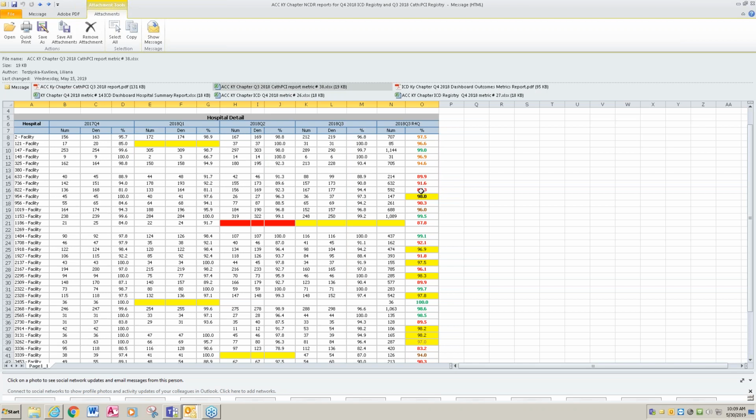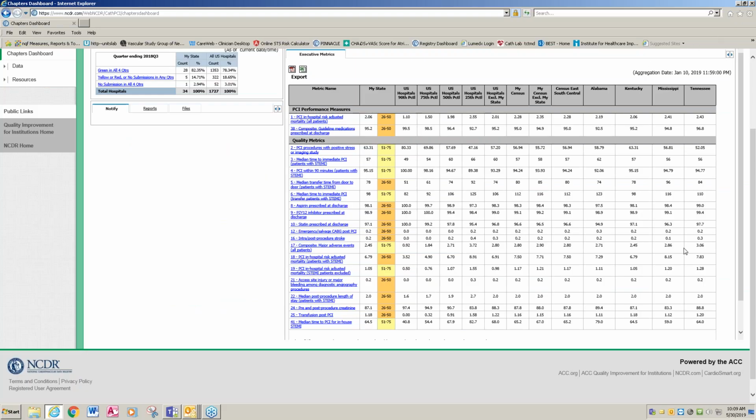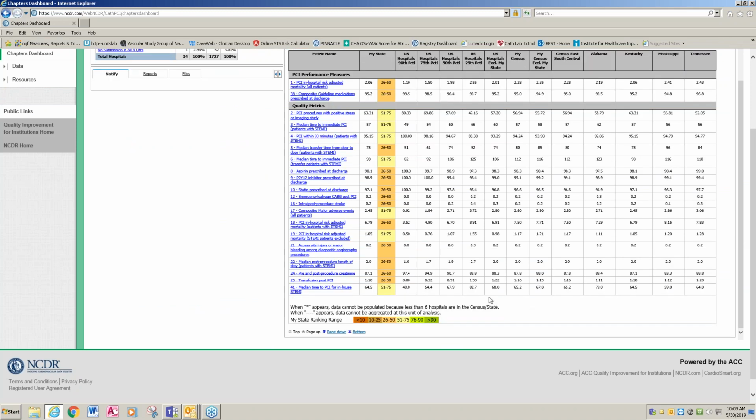And we can see that a particular hospital has consistent results. If you look at your data for each quarter, you can see how many patients were missing to meet the criteria to be in this metric. Let me see if I can find the